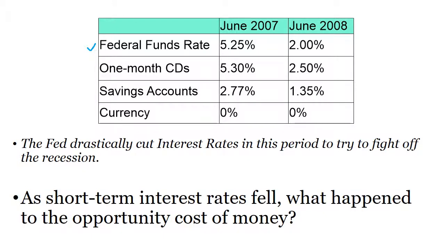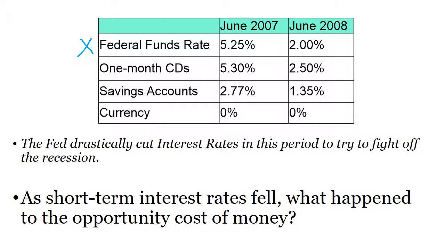So for federal funds rate, of course, you and I don't qualify for the federal funds rate. We could never put our money into anything and earn that. Because think about it, federal funds rate, that is the interest rate for bank-to-bank loans. So that is actually not something that we as consumers can do. But we could put our money into a 1-month CD.